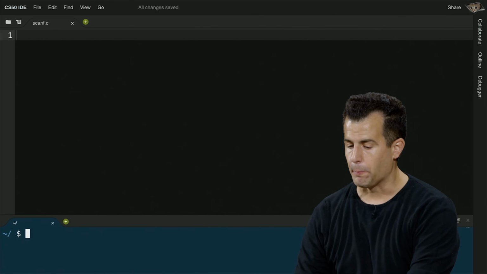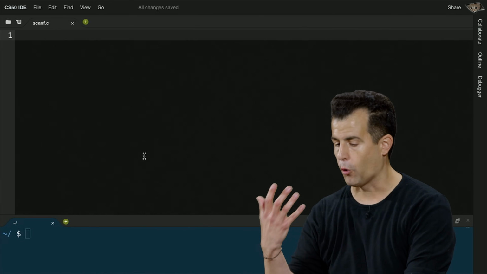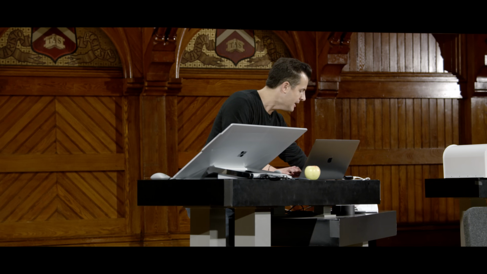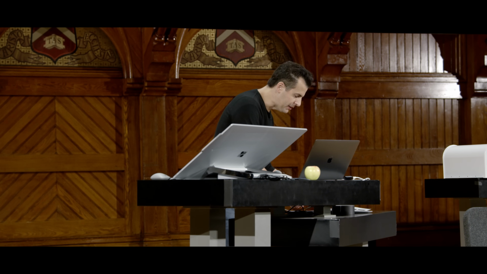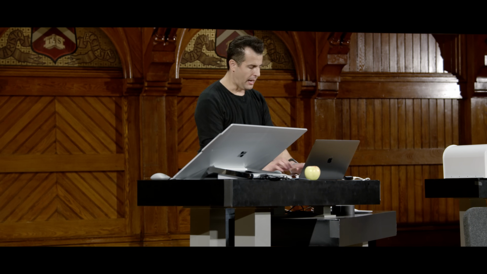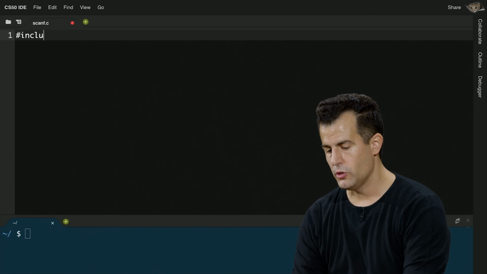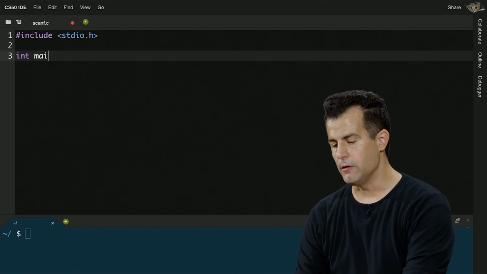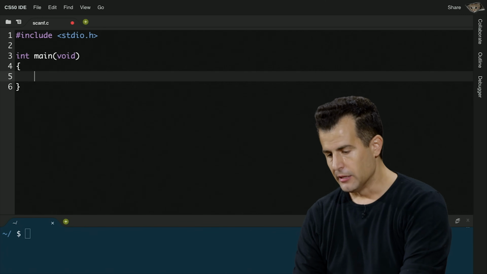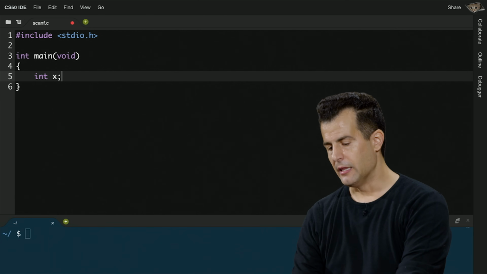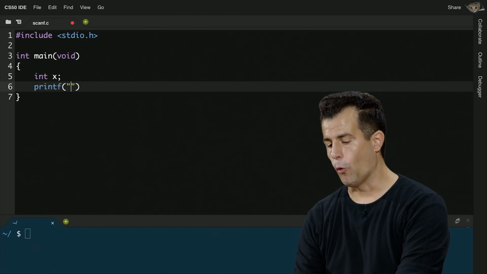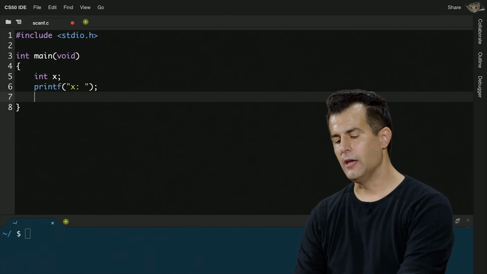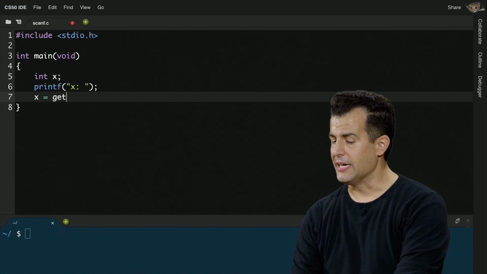I'm going to go ahead and create a program called scanf, for formatted scan. And I'm going to go ahead and implement the following logic. Let me first give myself include stdio.h, because I'm not going to use the CS50 library here at all. Int main(void), so I have a default function. Let me give myself a variable x. And let me go ahead and ask the human for a value of x. And then normally, I would have done this, getInt, and get the int from the user.